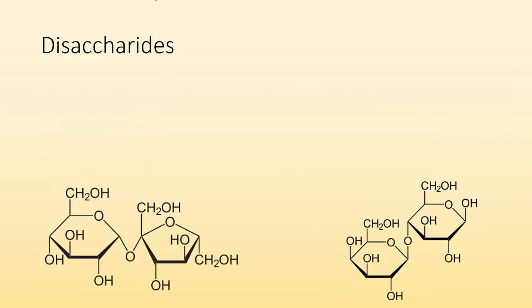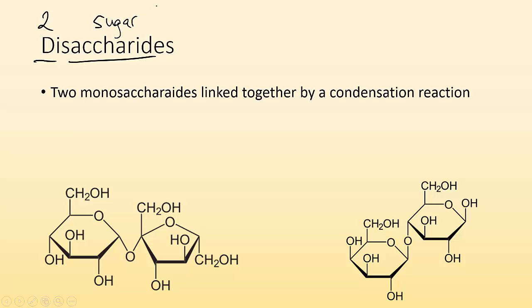All right, disaccharides. So let's break it down. Di means two, saccharides means sugars. So we got two sugar molecules together. So two monosaccharides linked together by a condensation reaction. So you can see right here, it kind of looks like two separate sugar molecules, and they react and they get linked together right here by a condensation reaction, which we've seen a